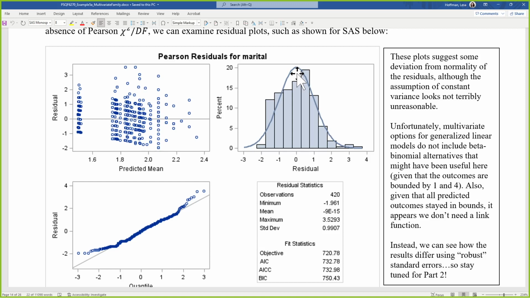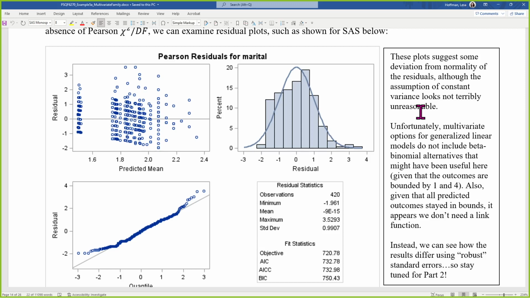I would have to write it up in JAGS or STAN and go to way more trouble than I wanted to. So in situations like these, what I would probably be inclined to do, given that it's maybe not terrible, but I'm not quite sure, but the predicted values are staying in bounds, is to switch to robust maximum likelihood estimation. So that is described in Enders chapter 5, I think, which is on your reading list for this section or the next section. He talks about what happens in that.